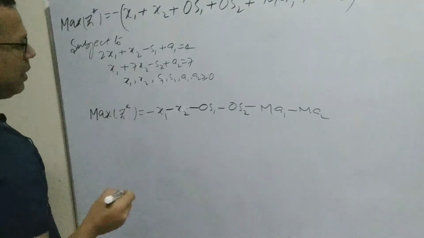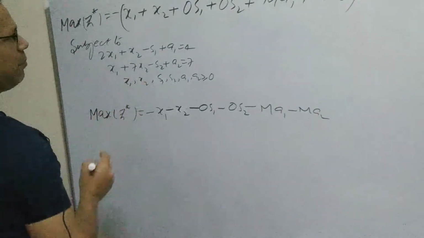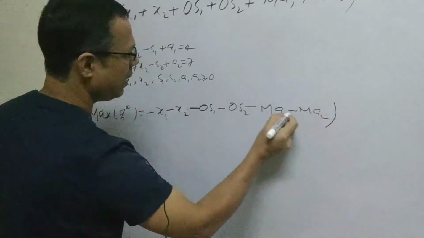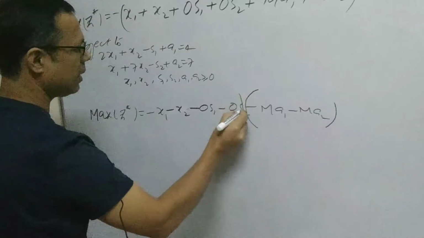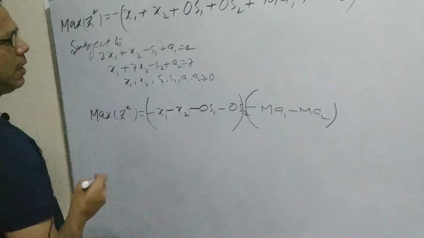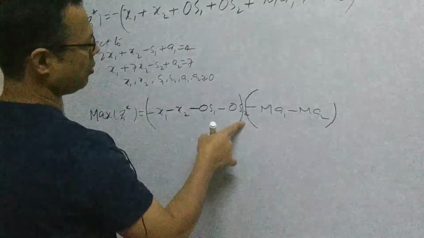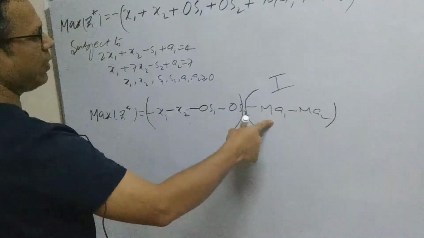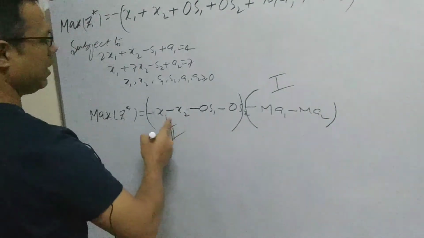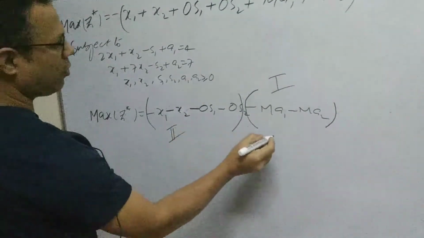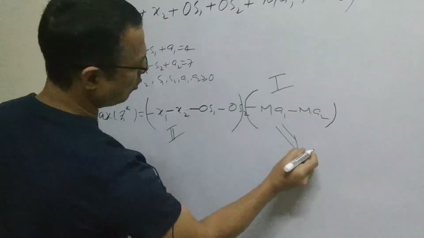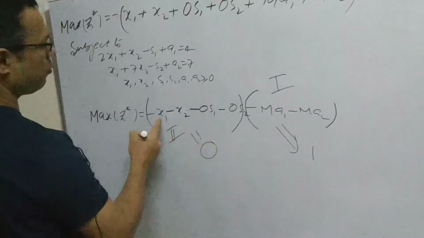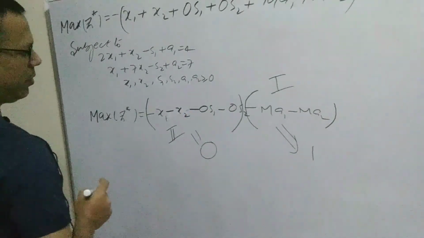Now we can proceed. To change this big M method into the two-phase method is very simple. We need to divide these terms into two parts. Why are we going to divide these into two parts? Because one part is going to be considered in phase 1 and the other part is going to be considered in phase 2. Initially, we make this term M equal to 1 and this term going to be 0.